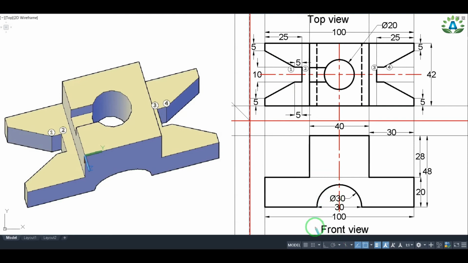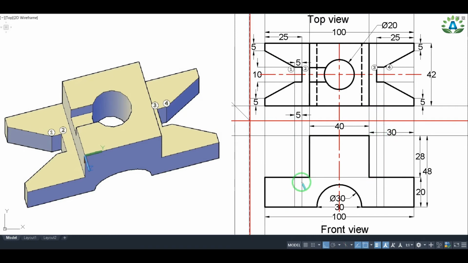I have already told you that this front view is not yet completed because we still have to make some hidden lines in the front view, and we can see from this 3D view that we will be able to see this line, and this line, as well as the line coming from this point number 3 in our front view. And these lines are projected from points number 1, 2, 3 and 4, that means these points from our top view. So I'm going to project the lines coming from these 4 points along the front view, like this.